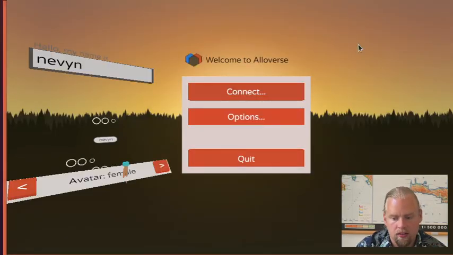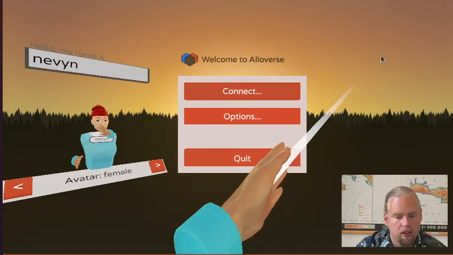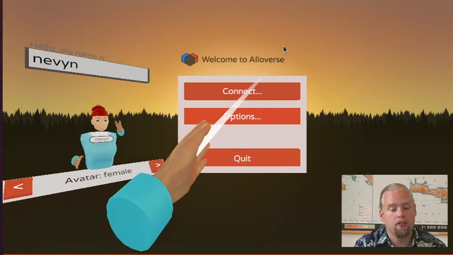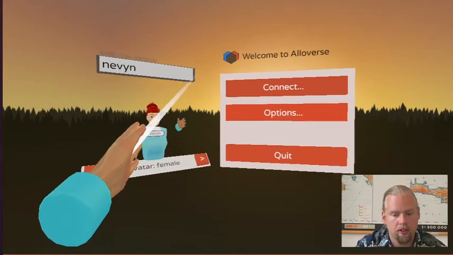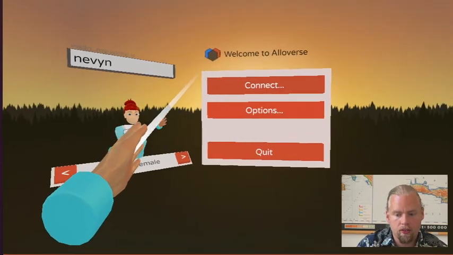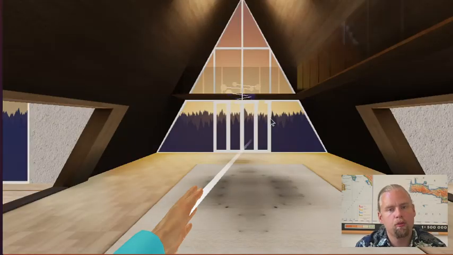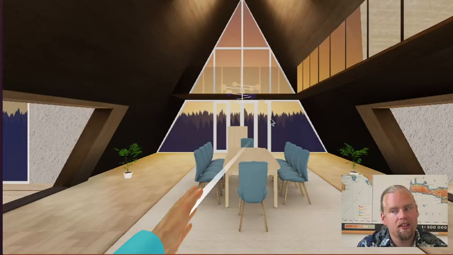And yeah, so here's what Alloverse's menu looks like on the desktop. Of course, it runs in VR as well, but that's harder to demo. So I'm just going to run the desktop emulator right here. So let's connect to a place. So a place is a server where you connect and other people connect and you hang out and you can talk and